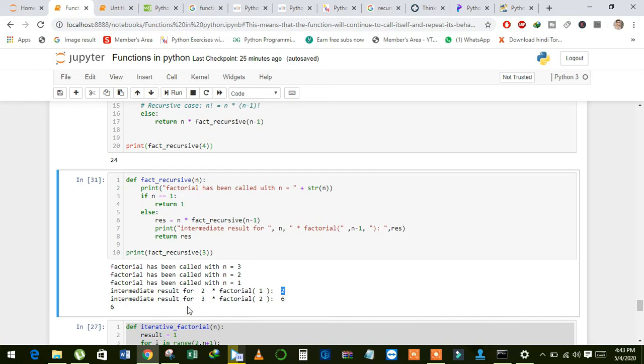And then next time n is equal to 3, and factorial of 2 multiplied with 3, that's why it returned 6, and the total result is 6. Let me run again for 4 and see.